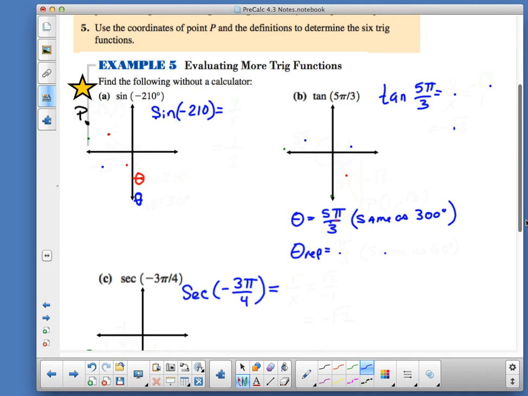So if I look at this, find the following without a calculator. So let's see what we can do with this. If I'm coming around here and I take this as 2, people are like, where did you get 2? I'm just saying it's 2. I don't have a P in there. I'm just putting it out as 2 as my ray. I could have put it as 1 for a ratio. And if I'm looking at the sine of negative 210,